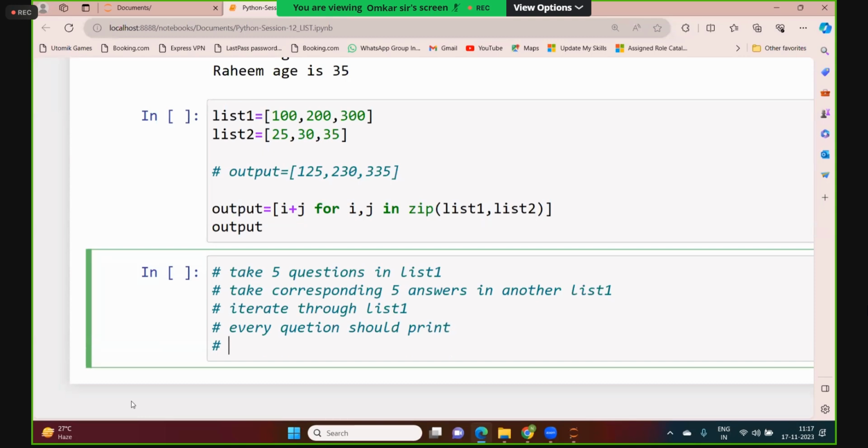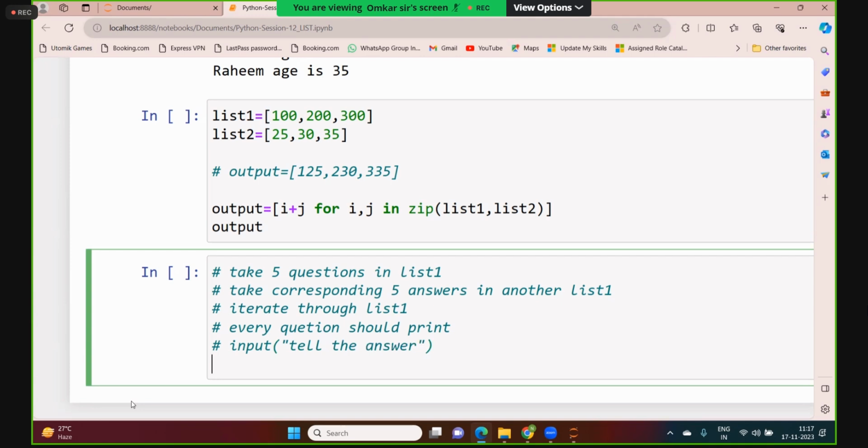Then you need to pop up what happened. Tell me your answer. One more pop-up should come, like an input asking you to tell the answer. If this output is the answer output, right? This answer